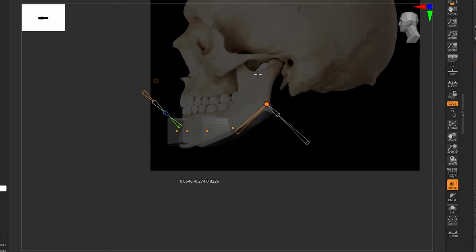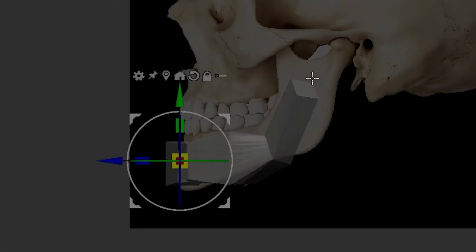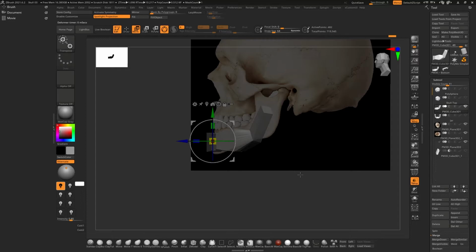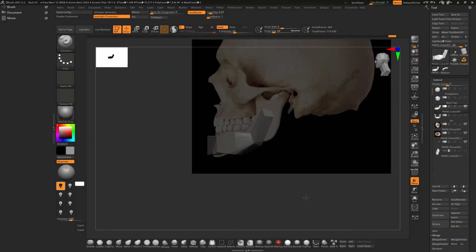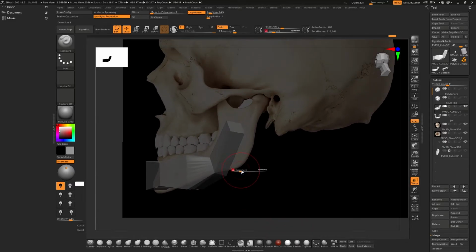And here, I can simply move this up a bit. Then I simply click the accept button here, and I have deformed my cube, and with the move brush